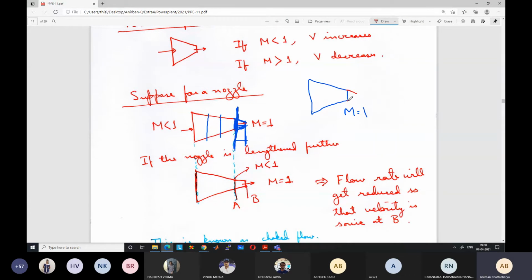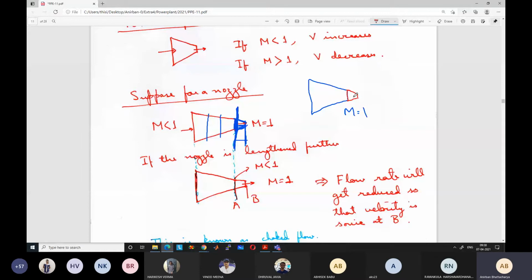So now whether the velocity will increase in this section or decrease in this section, we have established that both of them are not possible because velocity cannot increase here in a converging section. For the velocity to increase, it should act like a nozzle. So that can only happen if it's a subsonic flow. But from Mach number 1, if the velocity increases, it becomes supersonic. So obviously that is not feasible.